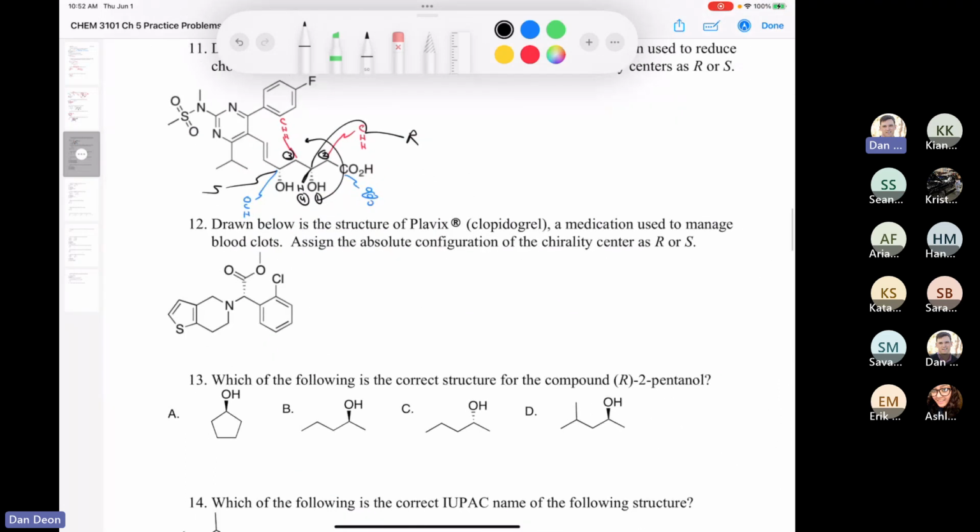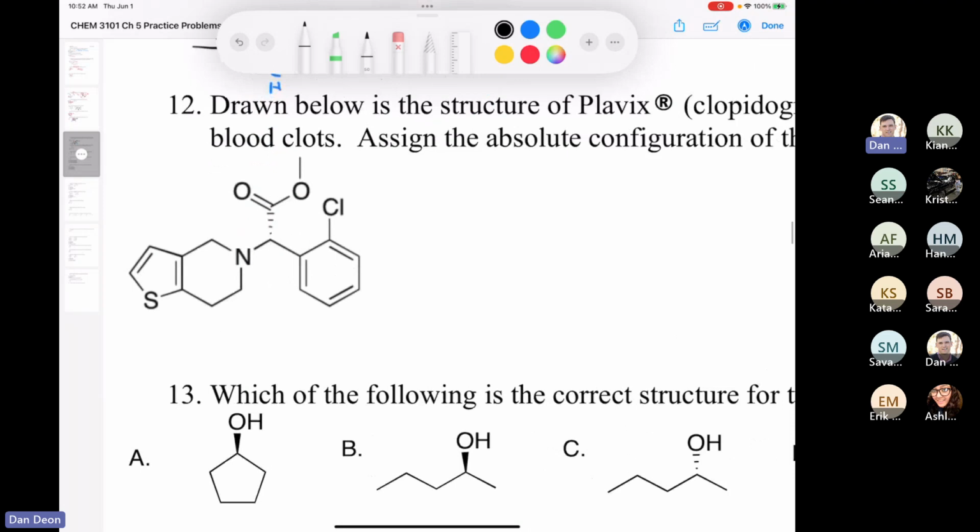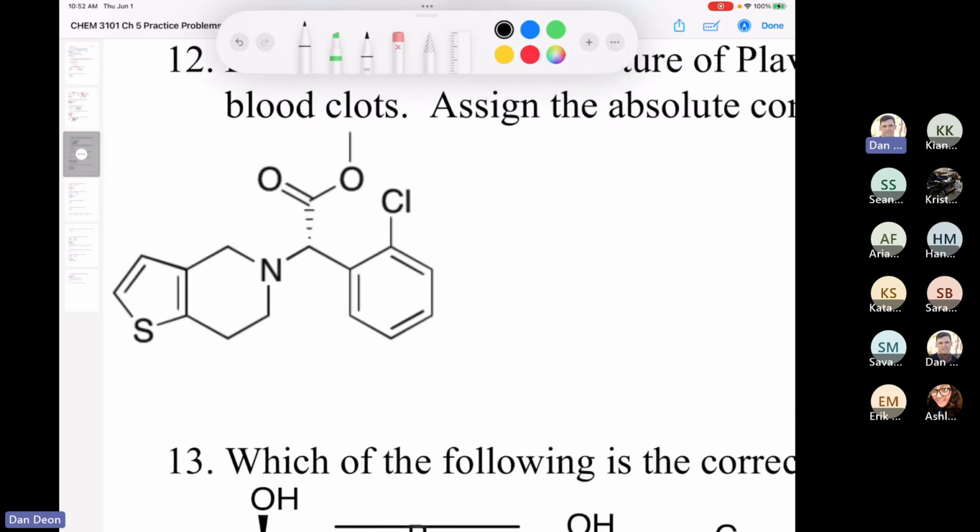Okay, now we've got Plavix. I worked for the company that developed Plavix years and years ago. And it says assign the stereochemistry of the chiral center in here. Got our proton here. So let's see, the nitrogen is going to be number 1, the hydrogen is going to